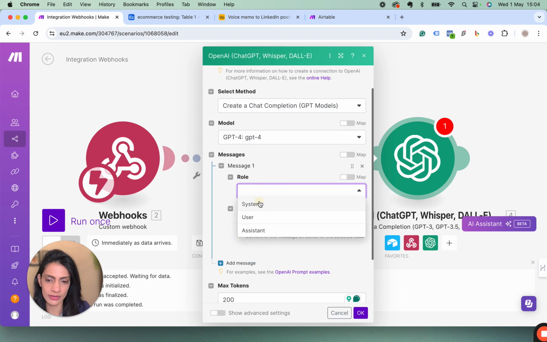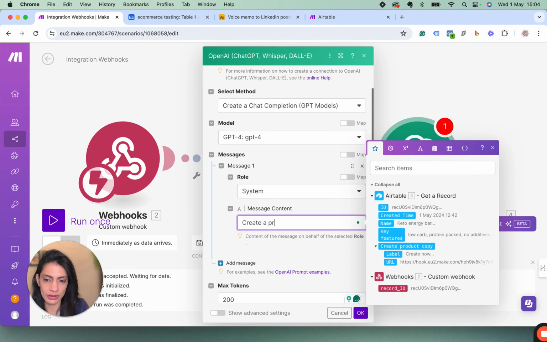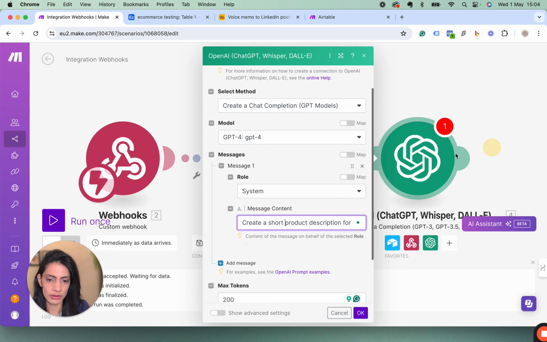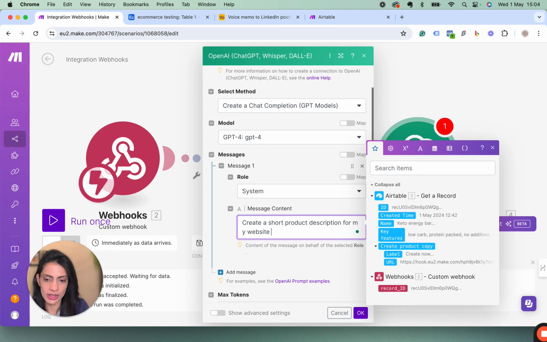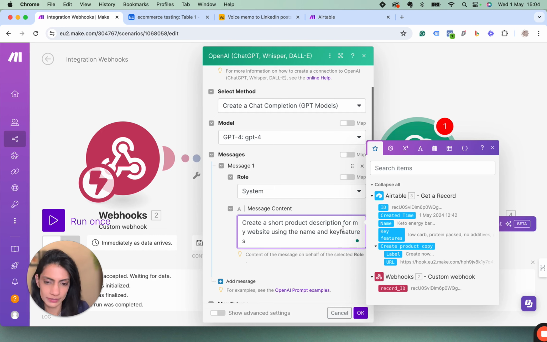If I say, give a system message and I say, create a product description, create a short product description for my website using the name and key features I have given. Obviously, you need to play around with the prompt, make sure your prompt is perfect, but this is just for